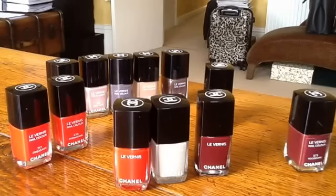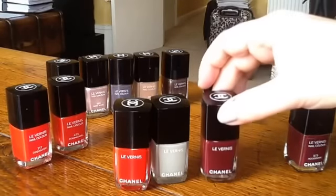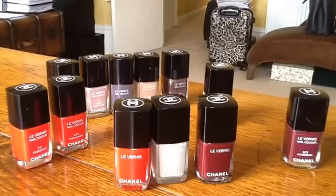And the minute I saw the designs of these bottles, I have to admit that I was kind of anti them, because I really dislike the fact that they no longer have the number and title of the polish anymore. I've seen bottles like these over the years on eBay and always assumed that they were fakes. I suppose they might actually have been special limited editions in different parts of the world, but to me they just scream fake. I mean, I can see that maybe Chanel think that this is a more streamlined look, but